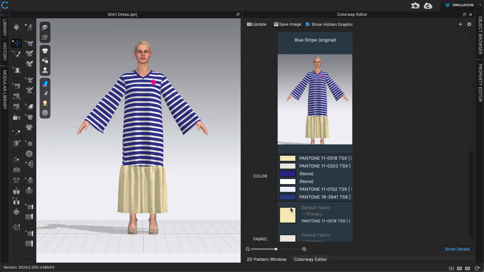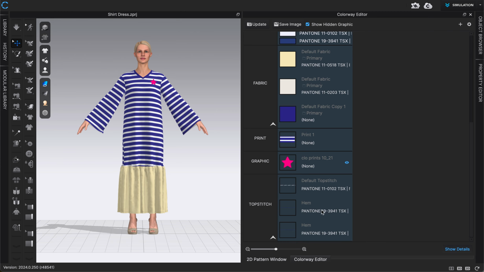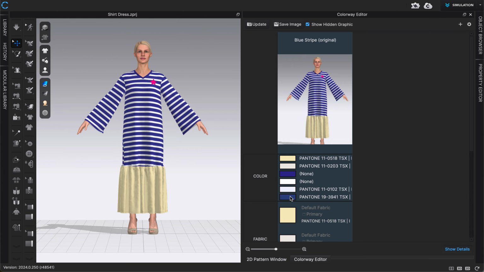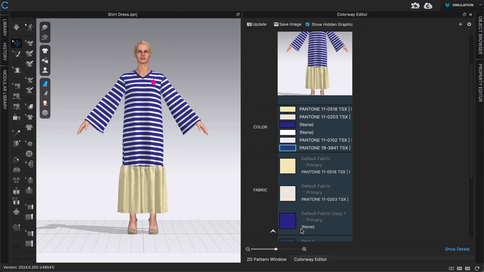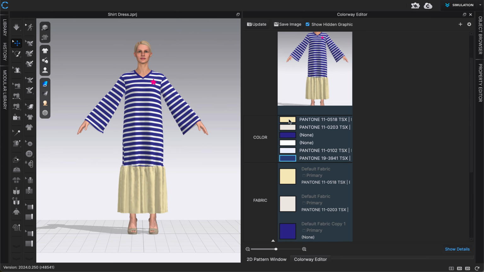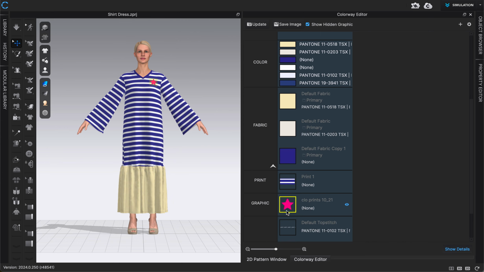made in that color. So if I scroll down, for example, you can see I have two different top stitches using this exact Pantone color. So if I were to click on that color, it's going to select both of them. If I had multiple fabrics using that cream color, then it would select all of them. Or if I had a fabric and a top stitch using that cream color, it would select all of them. So I can select full colors of the outfit here, or I can select individual colors or items down below